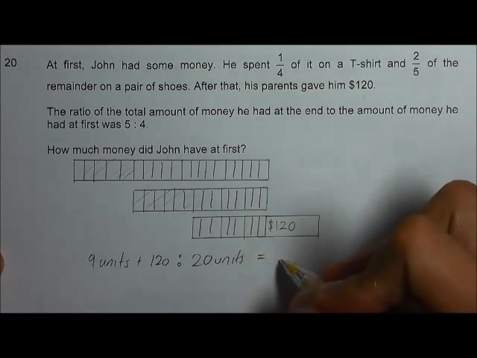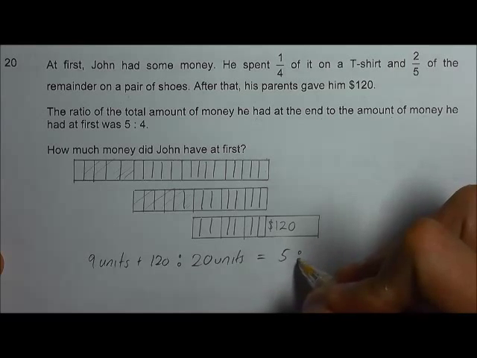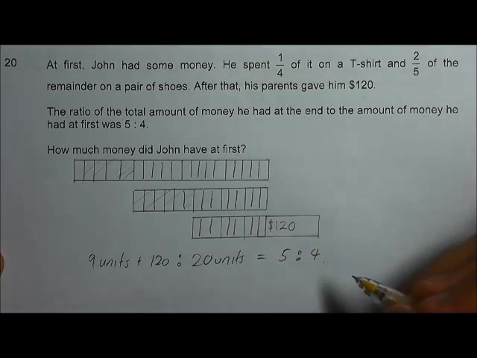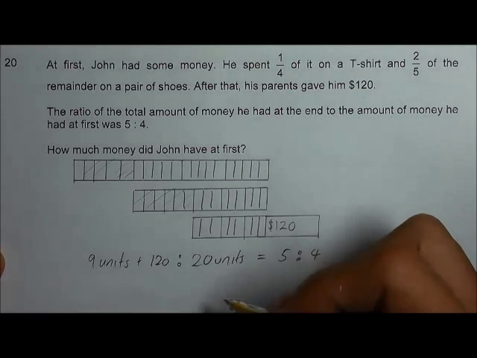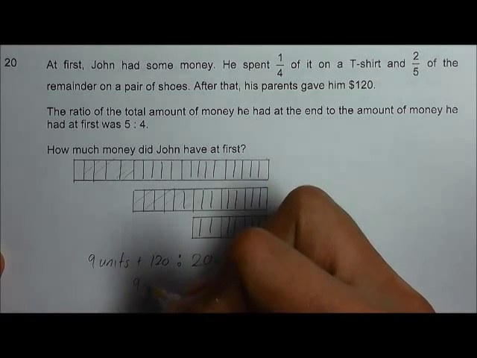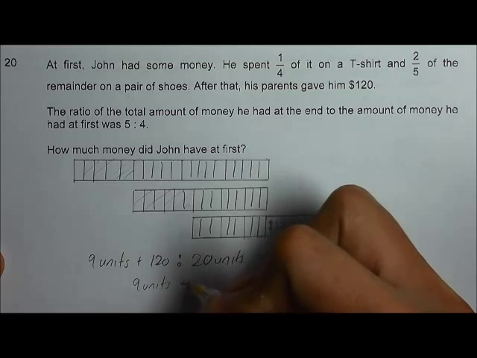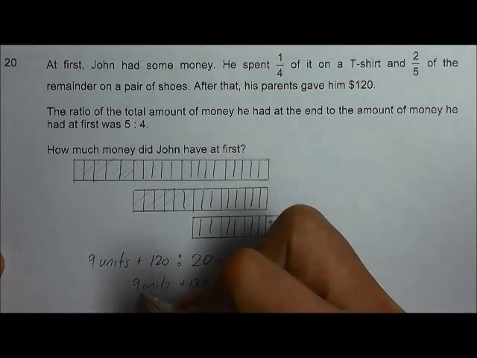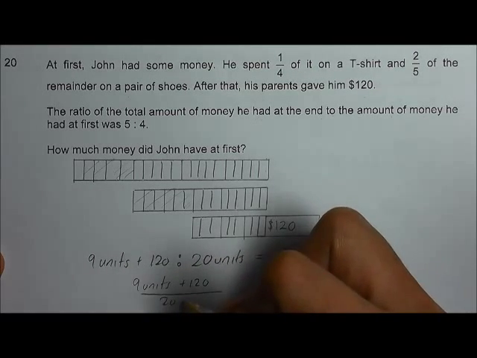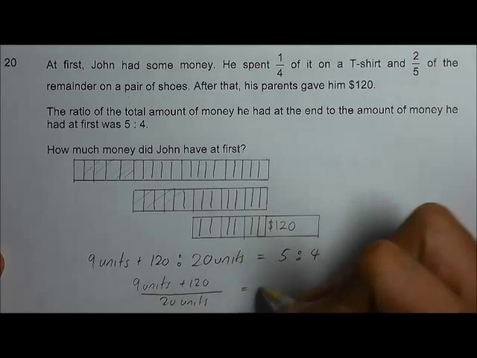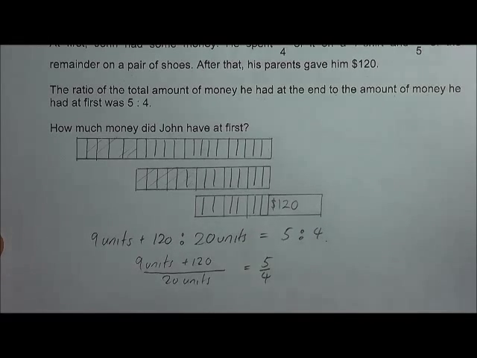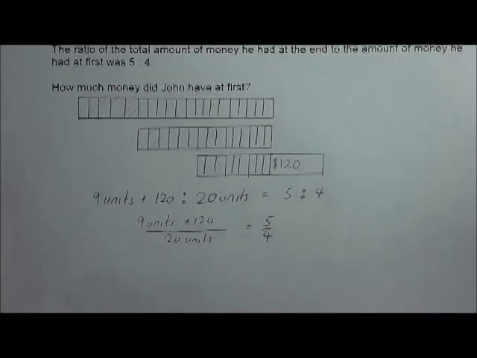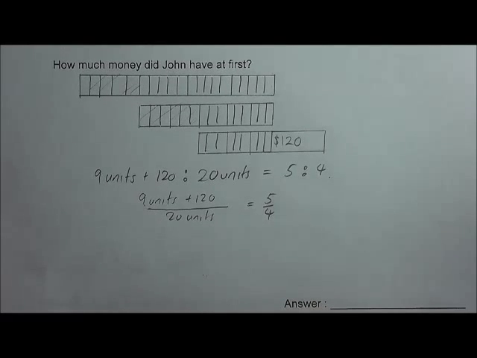This is equal to a ratio of 5:4. Okay, so in this case, we know that 9 units plus 120 divided by 20 units is equal to 5 over 4. And if we do a cross multiply, we will get